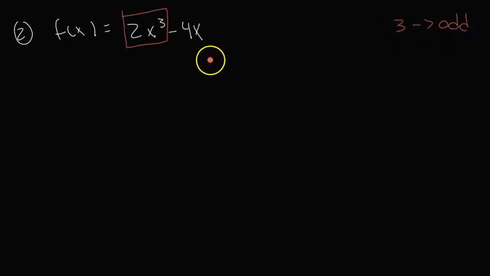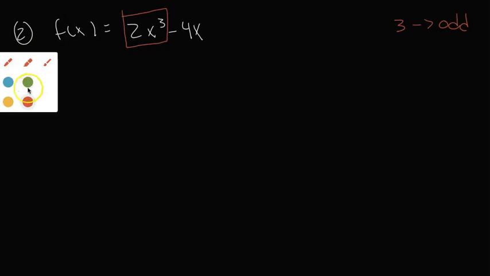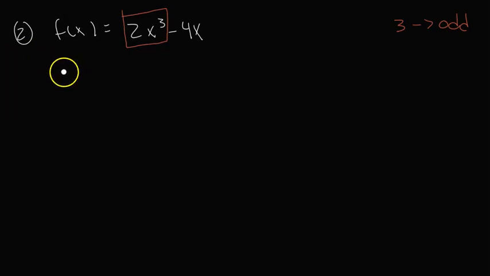The other thing that we know is that our odd function ends up completely opposite when I plug in a negative x. My goal, if it actually is an odd function, is that f of negative x